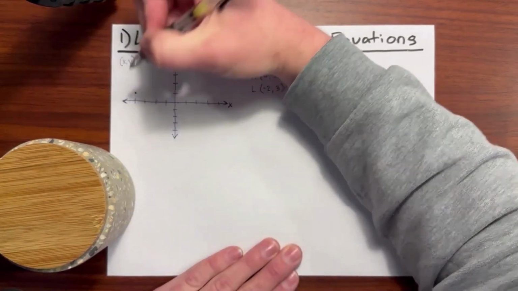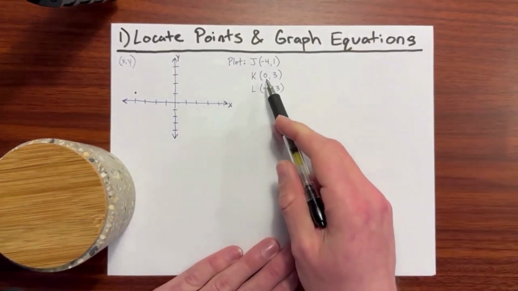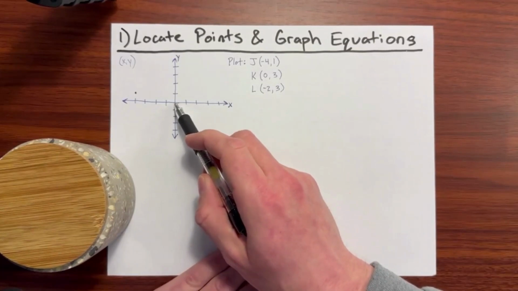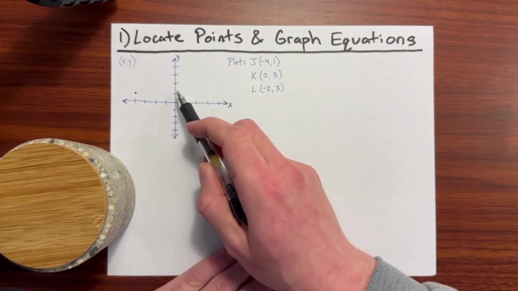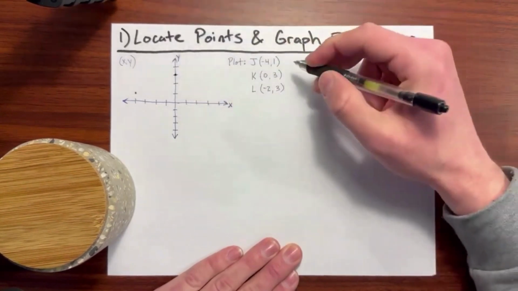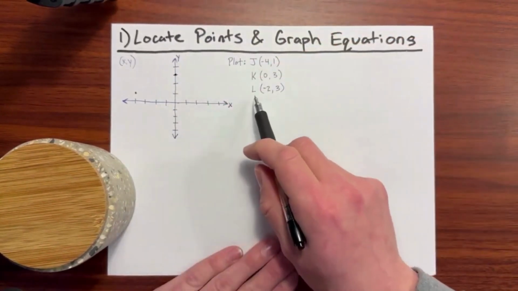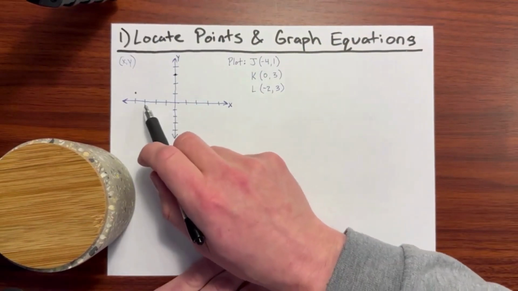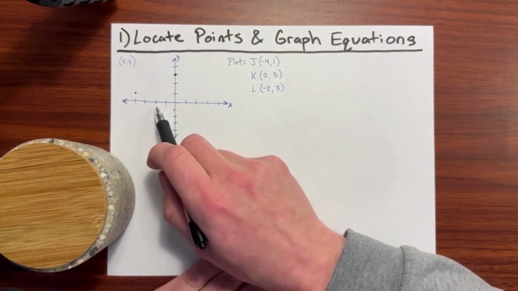So that would be j right there. When we have 0, 3, we won't move anywhere off the x-axis, so we stay in the center and go up 3 spots. So it'd be 0, 3, or k right there. For -2, 3, we'll move back 2 here and then up 3